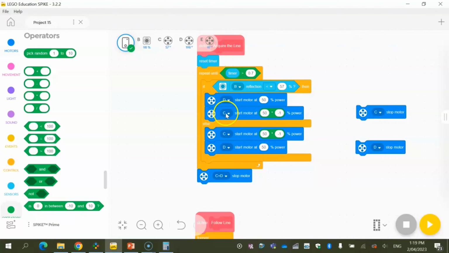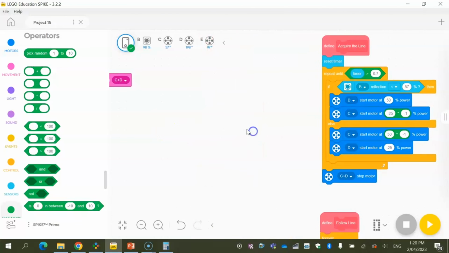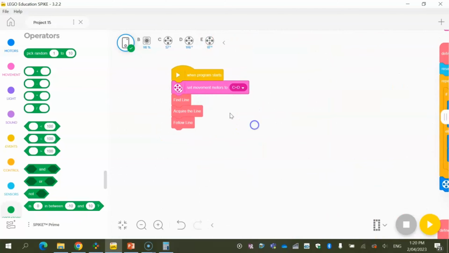So with this C motor, because at the moment we're trying to give it positive power, so we had positive 50 and positive 50, I was going to drive in a straight line. We want it to turn now, so I'm going to have to give this a negative power. So I've got 50 in one wheel and negative 25 in the other, and I'm going to do the exact same thing underneath. And what we should see now is that the robot can turn with a little bit more sharpness, and hopefully we should be able to see it not so much on the black. Yeah, that was perfect. So if we just show that again,